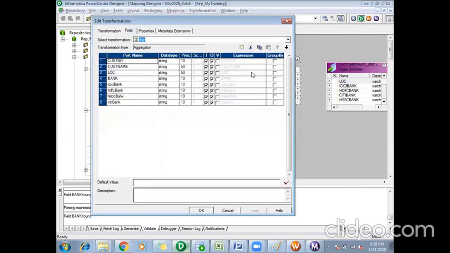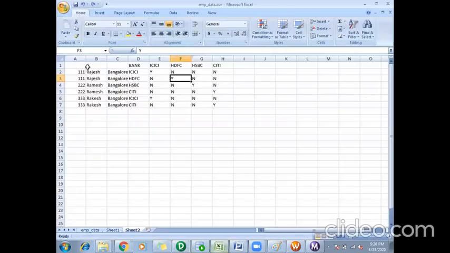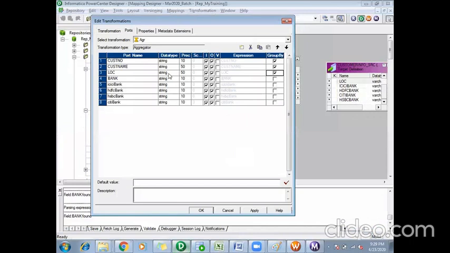In the aggregator, I will group by customer number, customer name and location. I know that for records of the same customer, these three ports are the same. So I'm grouping on these three ports: customer number, name, and location.